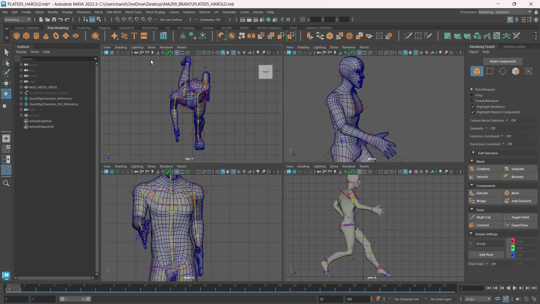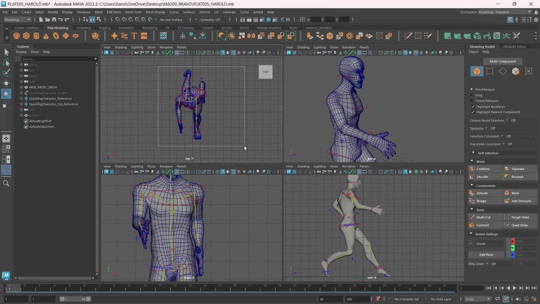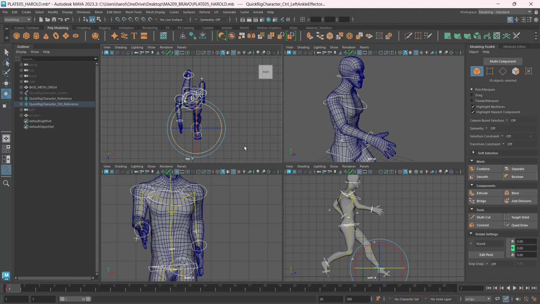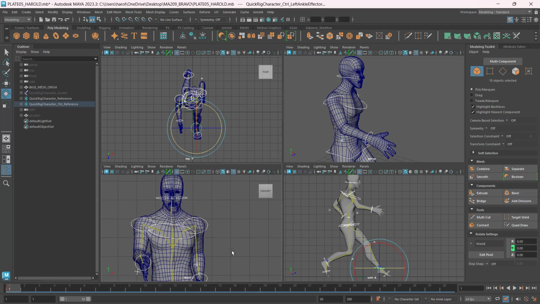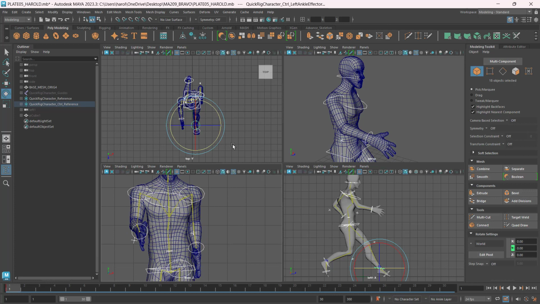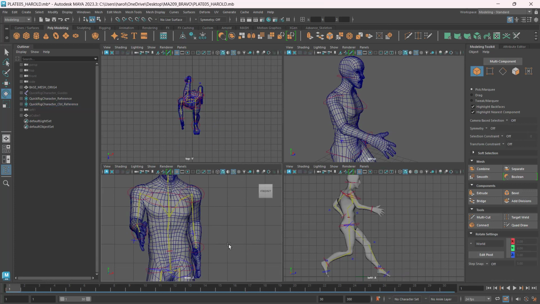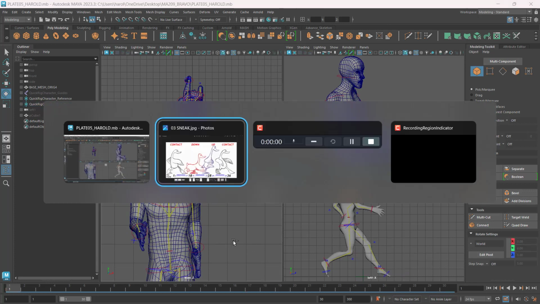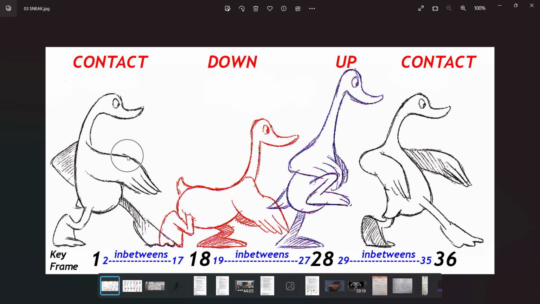Now let's select all of these once more to start with. Press S, and there it is. So that's number one. Oops, keyframe number one. Saving my work. So just like what we've done